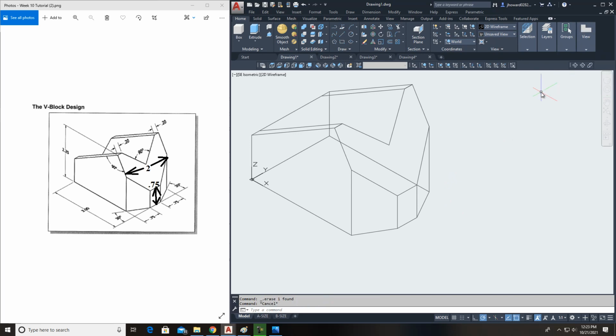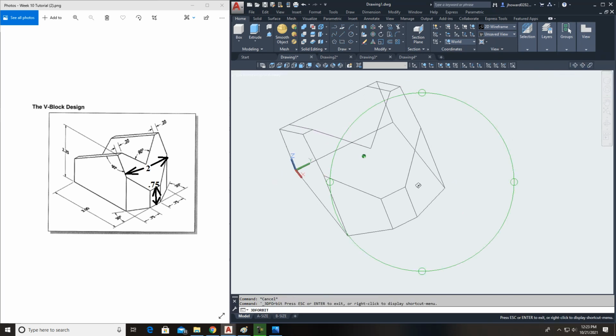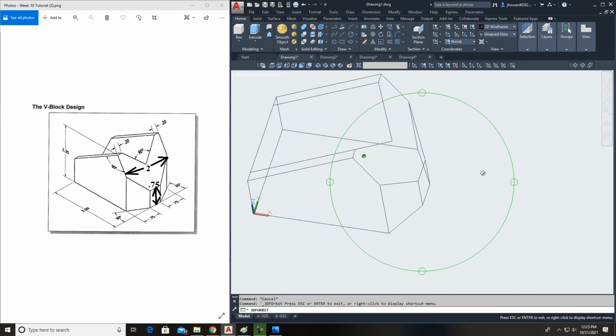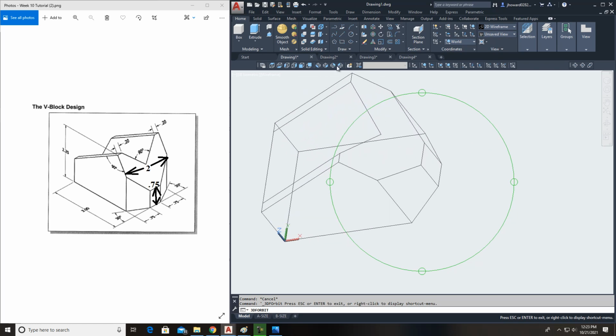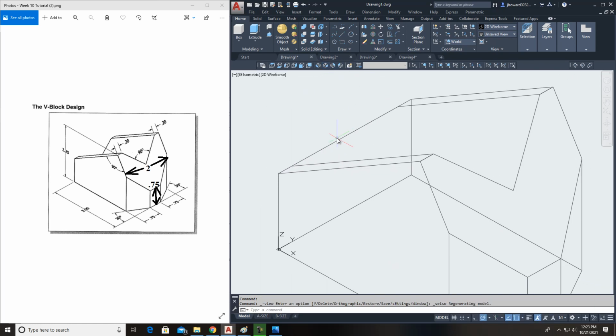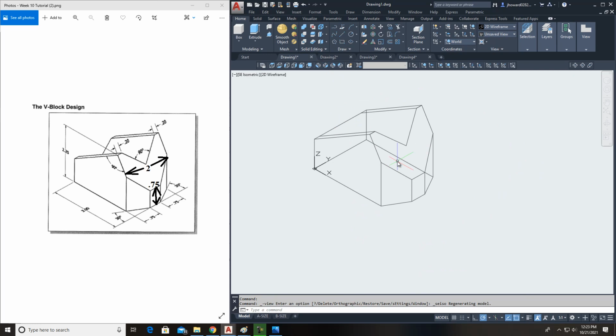Orbit as you go, just to make sure everything's looking up to spec. It's looking pretty good. I'll go back to southeast isometric look. And now we've got to put in this line here. Okay? Coming down through here at that angle. And there's different things that you can do to get that